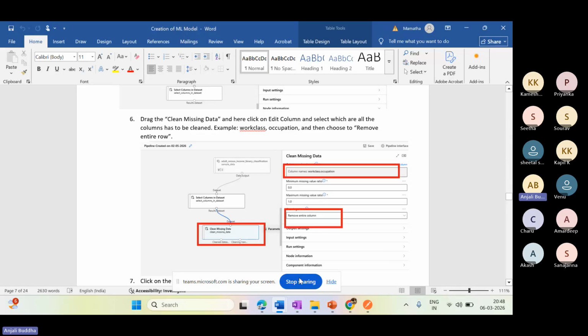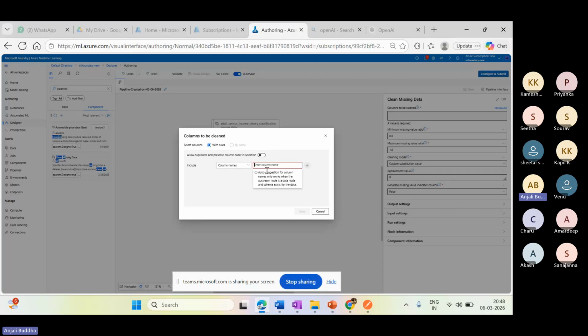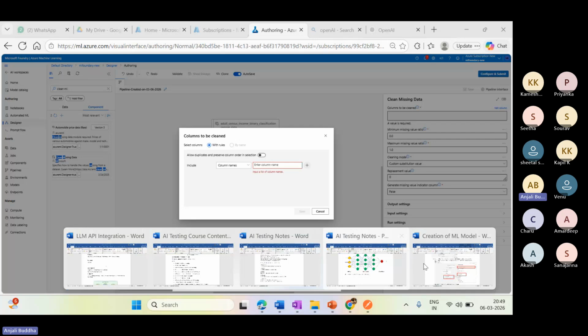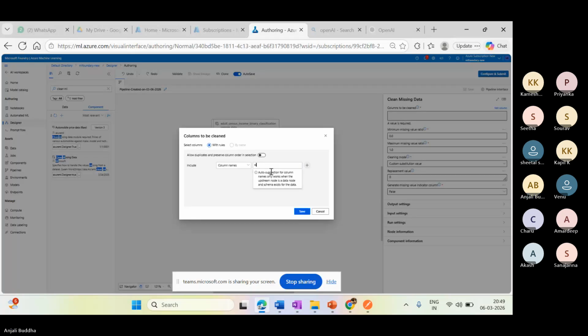Only those columns I can specify. In that column, if any duplicate records or missing data are there, like in the work class, where one or two rows are missing, I have to remove that entire record itself, because again it's going to cause a data mess. So I am going to say work class and the occupation.